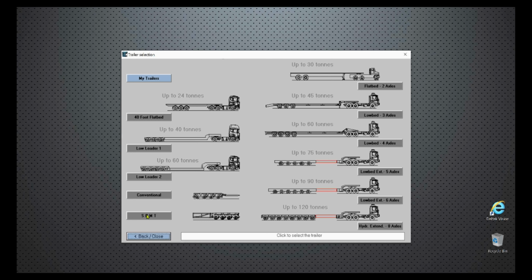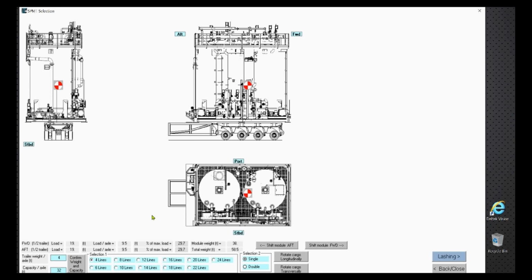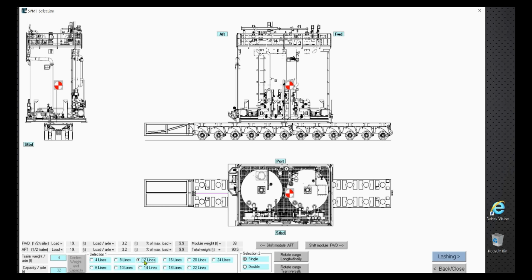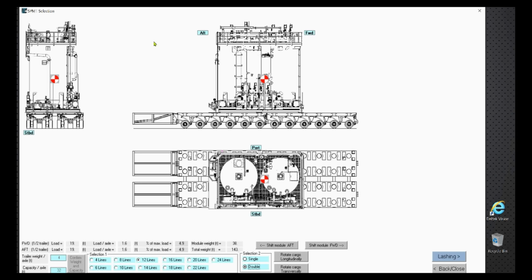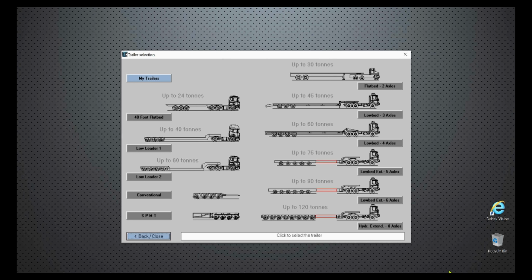Let's just demonstrate. For demonstration, let's select SPMT. We got the module on the smallest trailer of 4 lines only. In scale, we can change the number of lines, for example 12, here it is, or we can make it double. This is just to show how it works. We'll go back and continue with our example with the low bed 4-axle